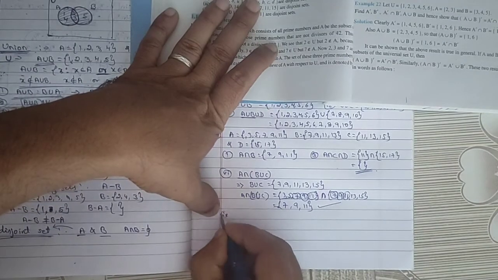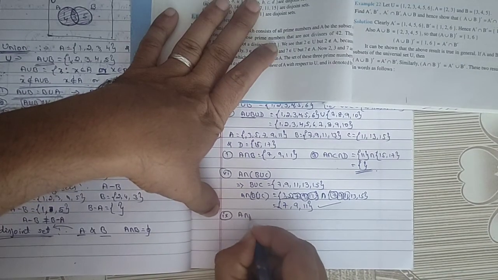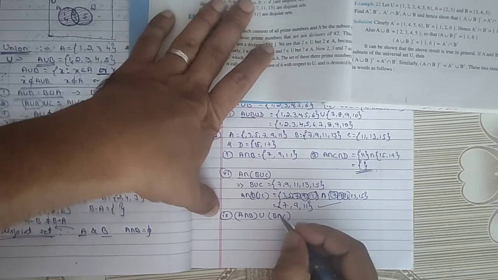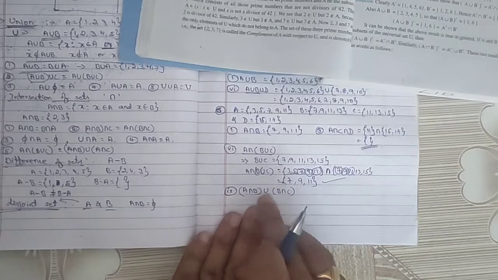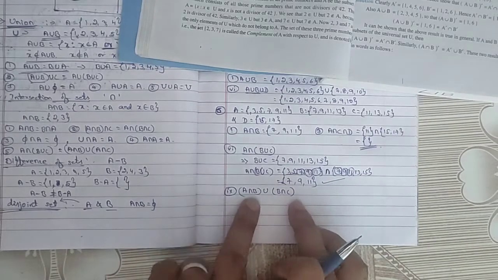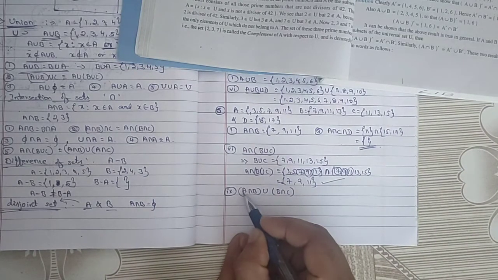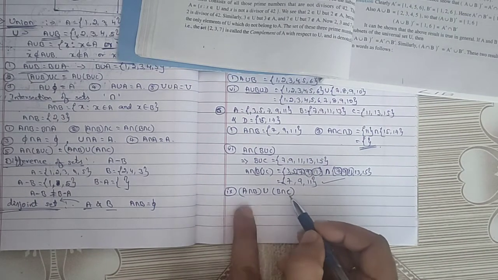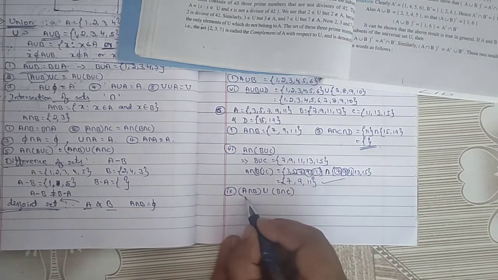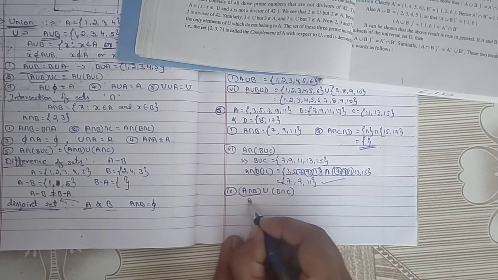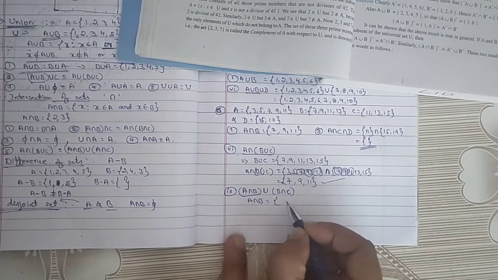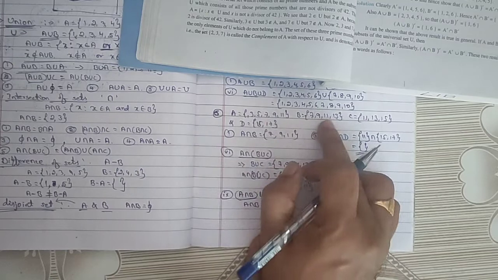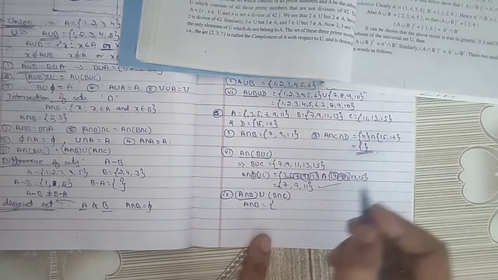So now one more problem I will simplify for you. Ninth question I will explain. A intersection B union B intersection C. Okay, so this is one type of question. We have to find A intersection B union B intersection C. Okay, clear? So now first we have to write the first bracket, that is A intersection B. Which are the common terms? Already we got that answer, otherwise you can directly see which are the common terms. 7, 9, 11 are the common terms.